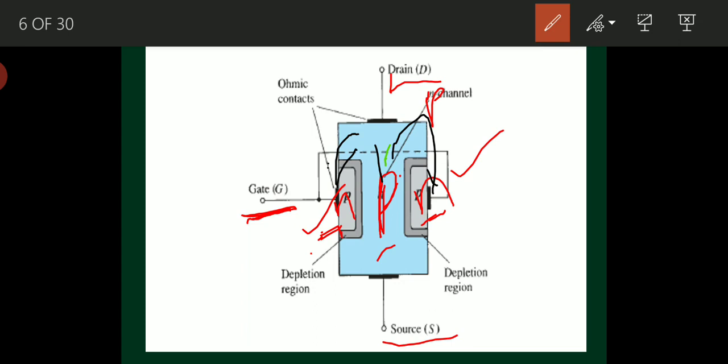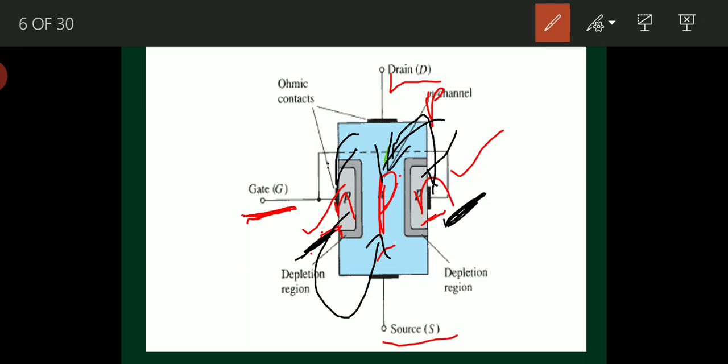Likewise, electrons, which are majority charge carriers in the n-type gate, will move to the p-type substrate, where they become minority charge carriers. So electrons will move from the gate terminal to this base material.